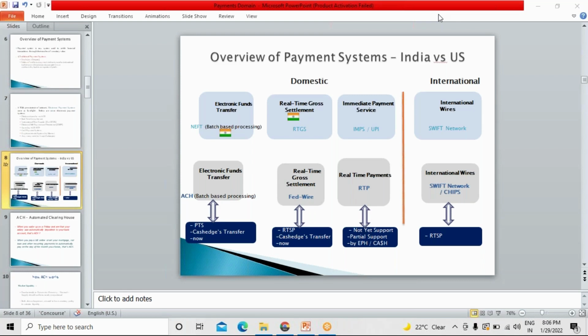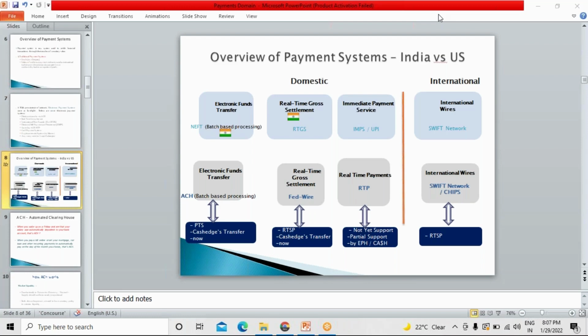At the same time, there will be some ACHs, where online transactions are done using payment systems like cash transfers. RTGS happens through Fedwire. Real-time payments happen through RTPs, as far as the domestic payment system is concerned. But when it comes to international wire transfers, the SWIFT network is what is used,